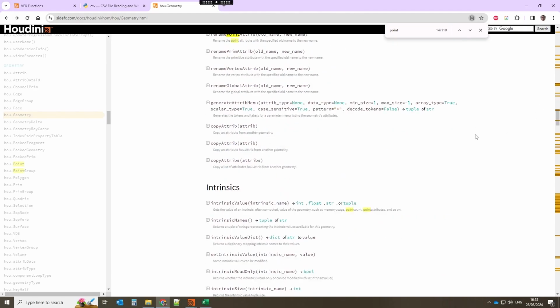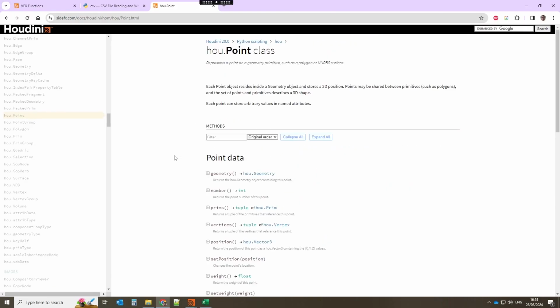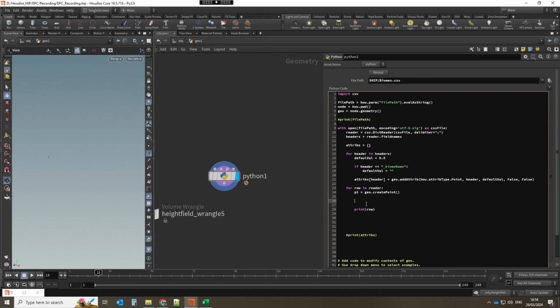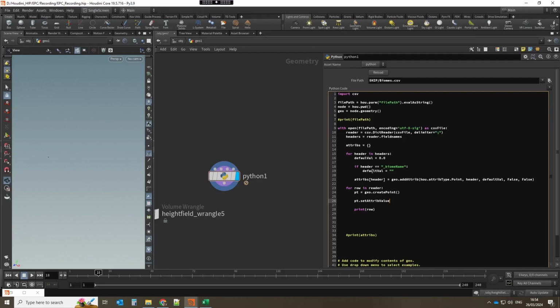And create points specifically. That will return a point. And I want to set attribute value. Point dot set attribute value. And because I have all the dictionary or all the attributes here,